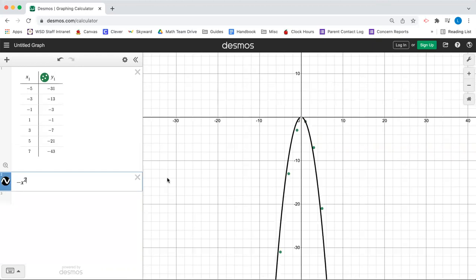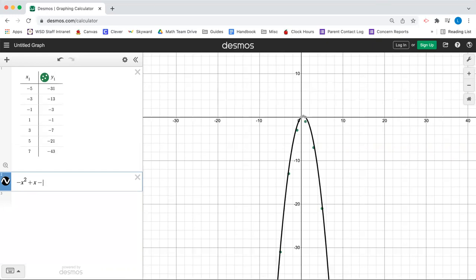And as you can see, while it doesn't exactly line up on the dots because the function is not identical, it does look like it has the same approximate shape. And in fact, the actual equation for this function is -x squared plus x minus 1. And as you can see here, all the dots line up right on the parabola. So you will be expected to be able to look at a series of points, plot them, and then ask yourself, what type of equation does this represent? For lines, I think that'll be pretty obvious. For the absolute value versus quadratic functions, you'll have to look a little bit more carefully. But that's one thing we can do on our